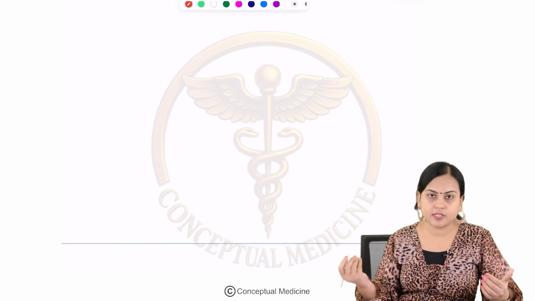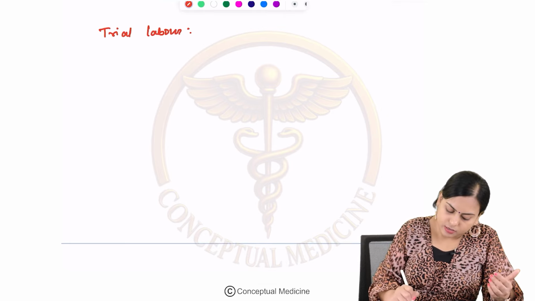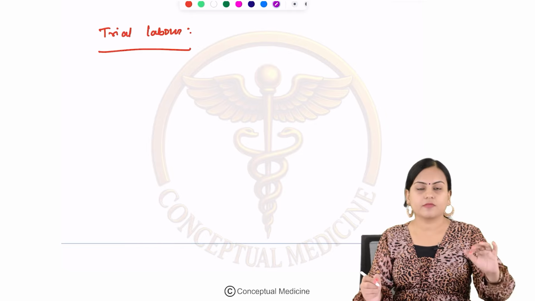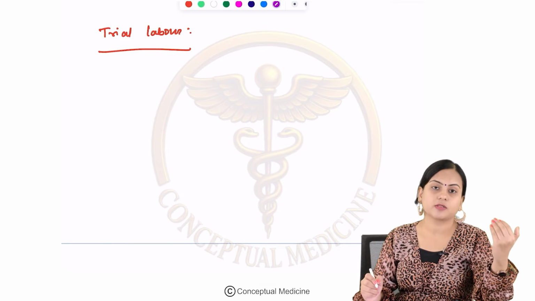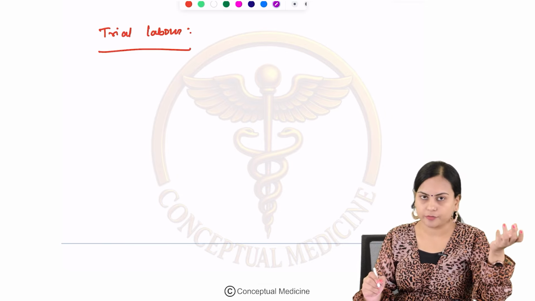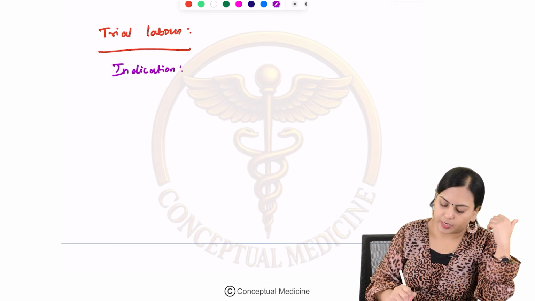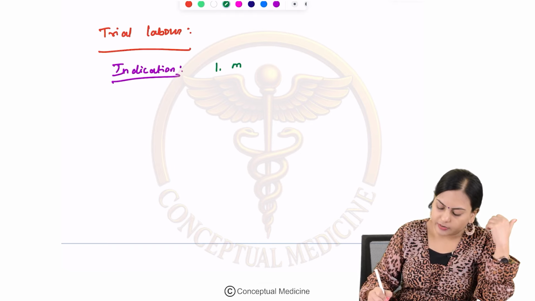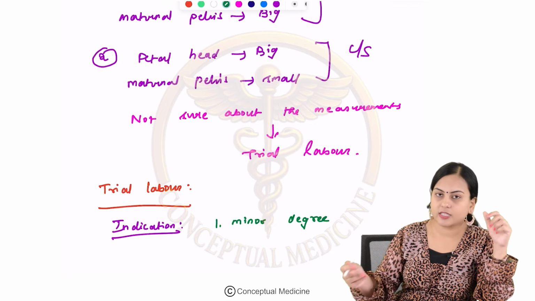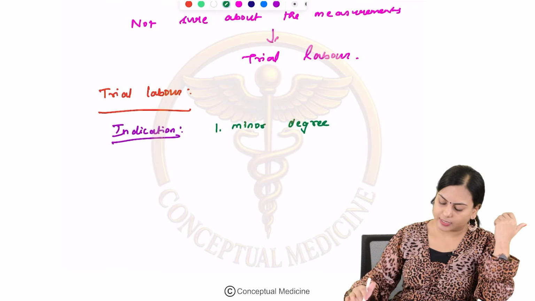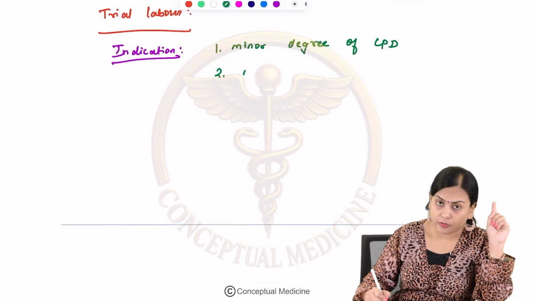So, what is this trial labor? Trial labor is something we are going to give, where we try whether there is any possibility that the labor can happen naturally or not. Okay. So, what are the indications of offering trial labor to a woman in labor? When there is a minor degree of CPD. Already I have said when it is a major degree, we are going to take it to a cesarean section. When there is only a minor degree of CPD,